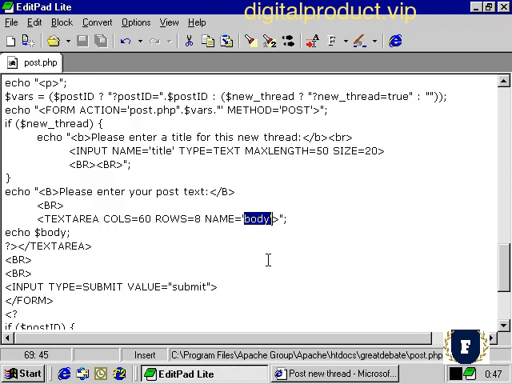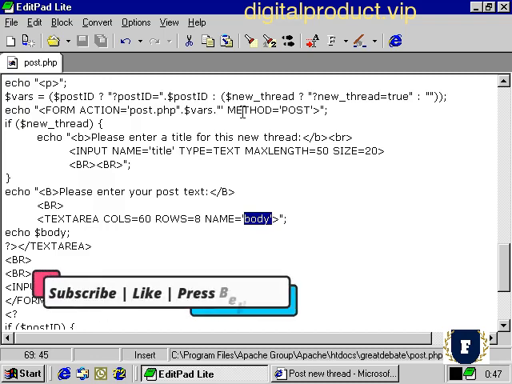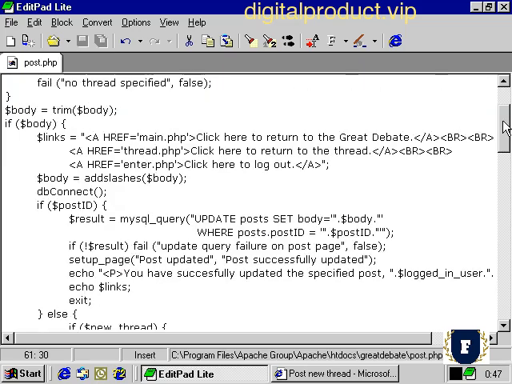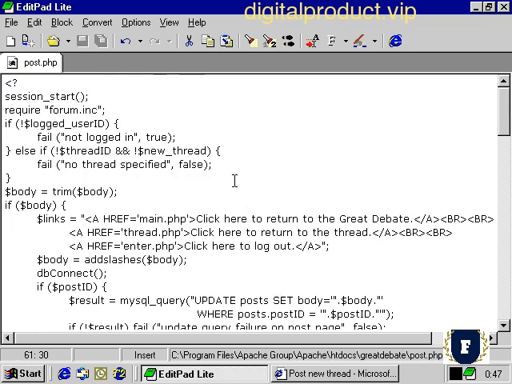And this is the post text that is entered by the user, and then when they submit the form, it calls itself. So if we go back up to the top, we can see that if the body variable has been set,